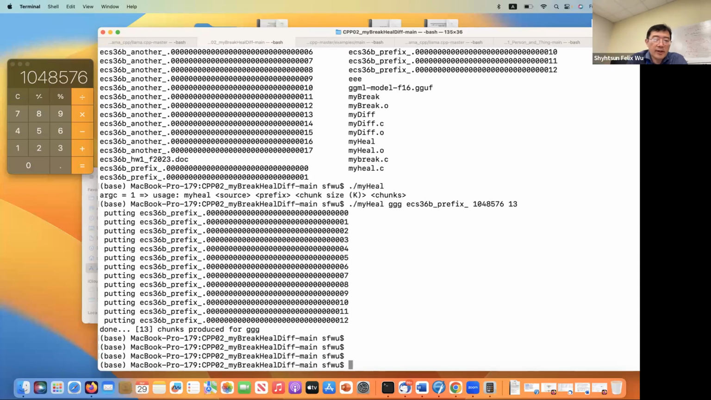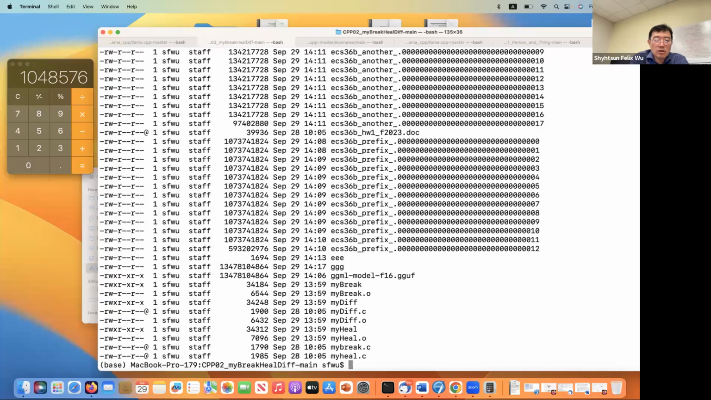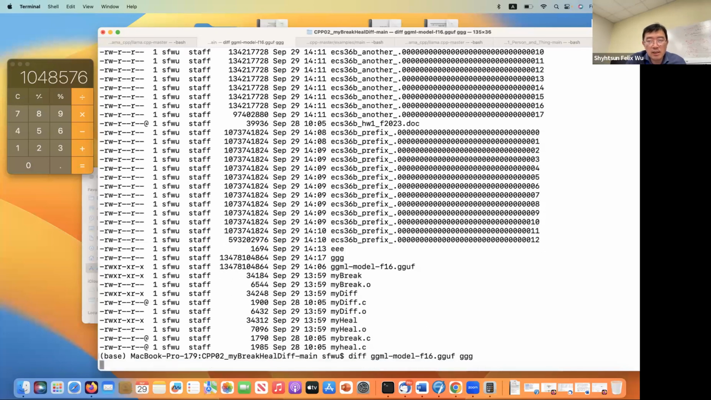Okay, so let's see. How do I know the GGG is actually the same as the original file? You can see that the GGG is this many bytes. And if you look at the original file, the original Llama 2 model F16, 7 billion parameter, it is exactly the same. So at least the size of the file looks correct, right? I regenerated it, but to know whether these two files are byte by byte equivalent, we use the tool called diff. If I do diff ggml and then ggg,